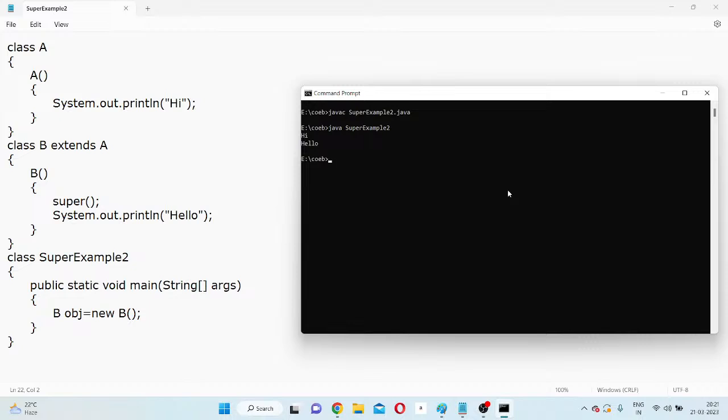Later on, I will cover one point, method overriding. In that point I will show you how to access a superclass method. So this is all about the super keyword. I hope that everybody got clarity. Then we will go to the next point, the keyword final. But before that,